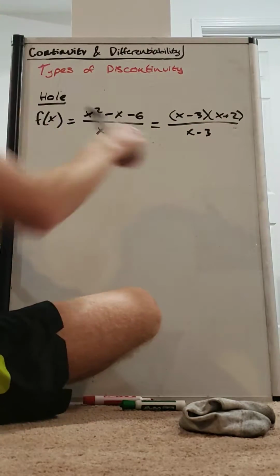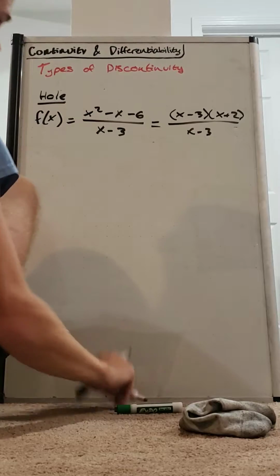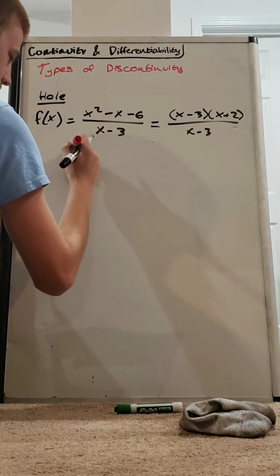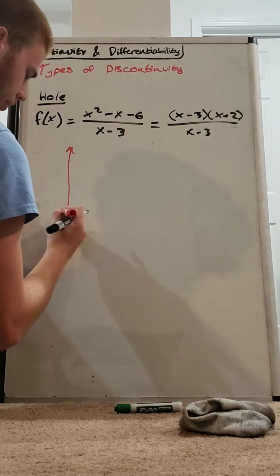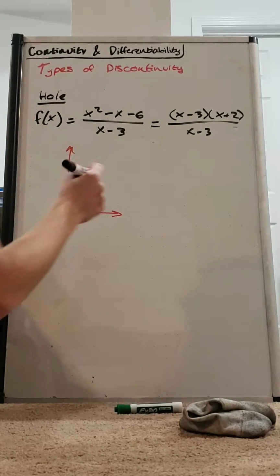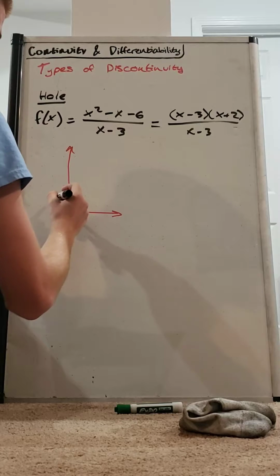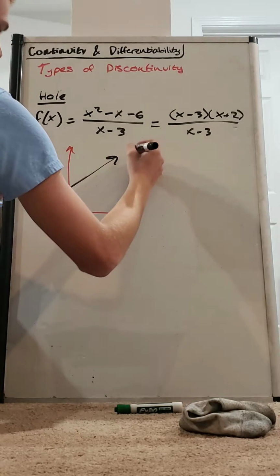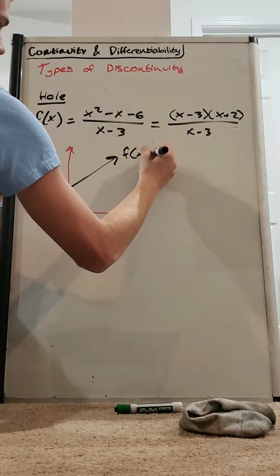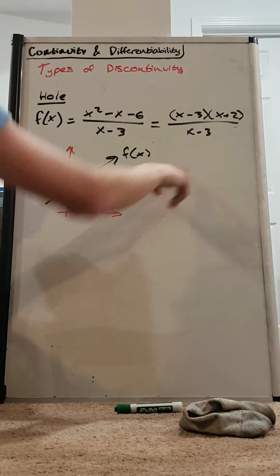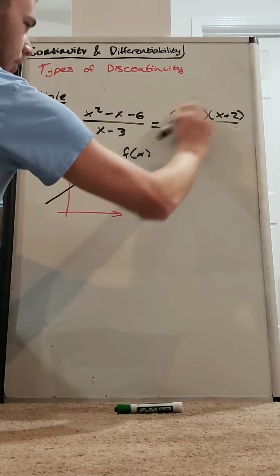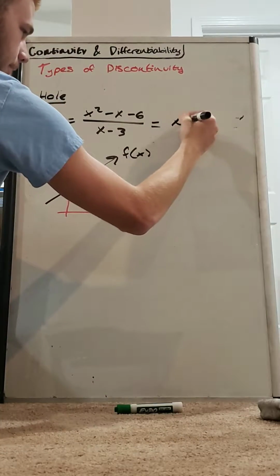And you may think to cancel these out and be left with x plus 2. Now on the graph of this function, it would look like x plus 2, since these would cancel out. So you have x plus 2, which would be this,